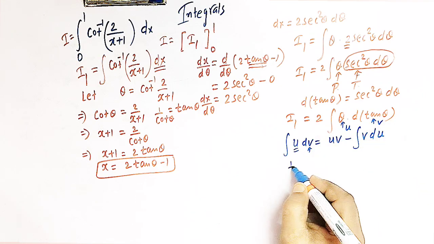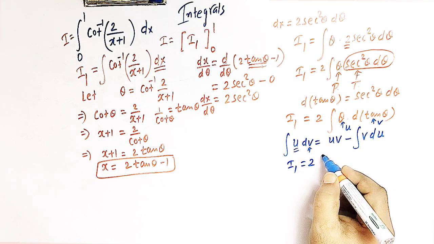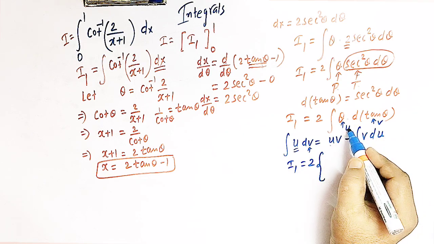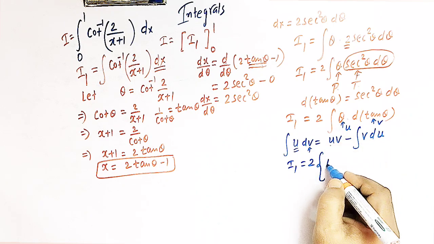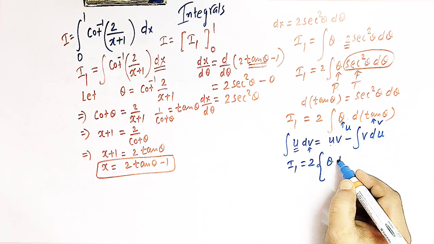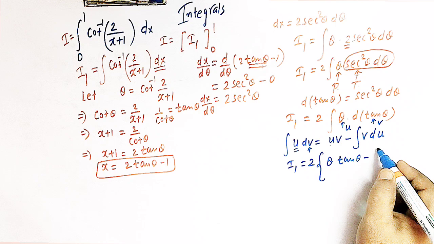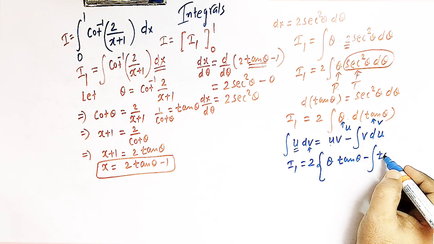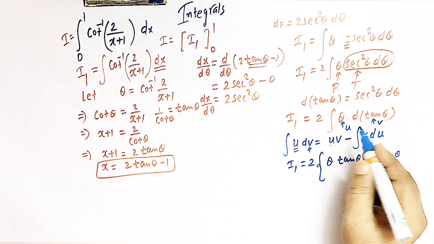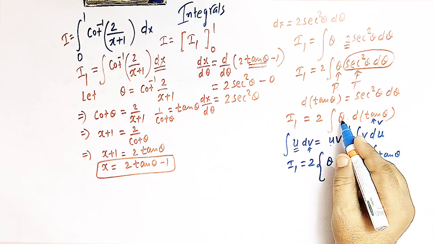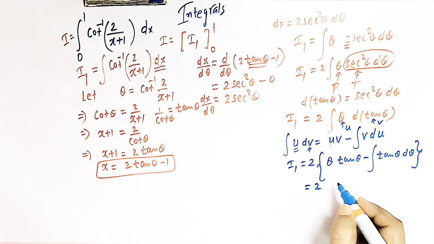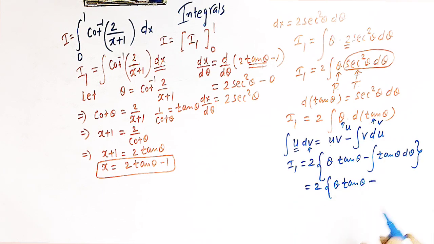So now I1 can be written as 2 times u times v, where u is theta and v is tan theta, minus the integral of v du. Now v is tan theta and du is d theta. So now we have 2 times theta tan theta minus